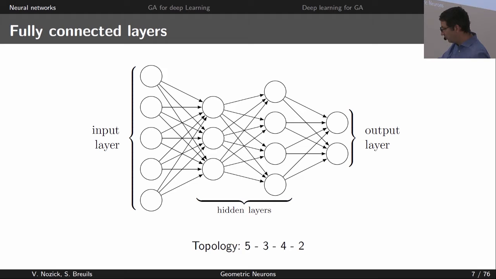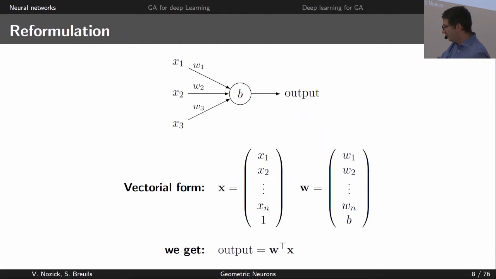So, if we go back to the previous introduction of the neuron, if we see the input as a vector, and the weights also as a vector. The first vector would be just the input plus a 1 at the bottom, and the weight vector would be all the weights plus the b also at the bottom. And if we just take these two vectors and do the dot product, actually we get the output.